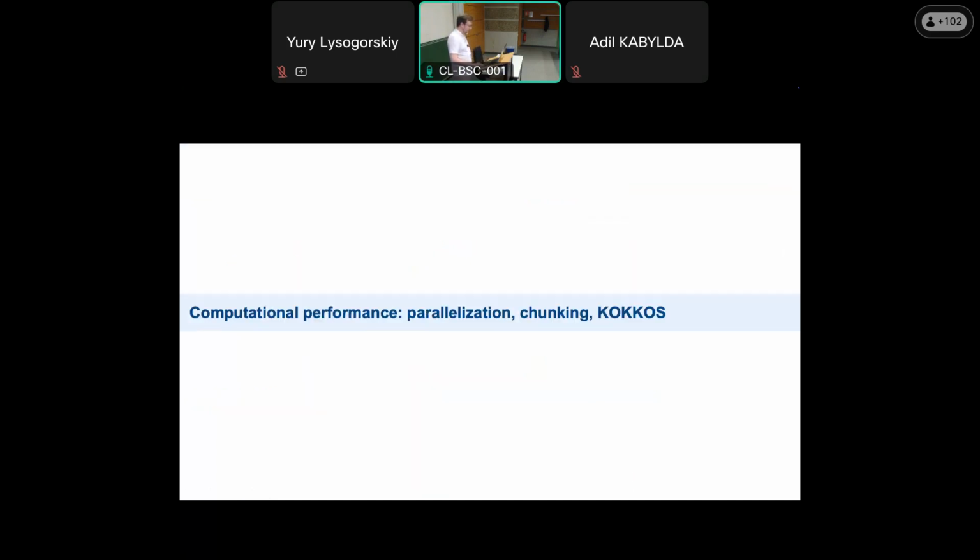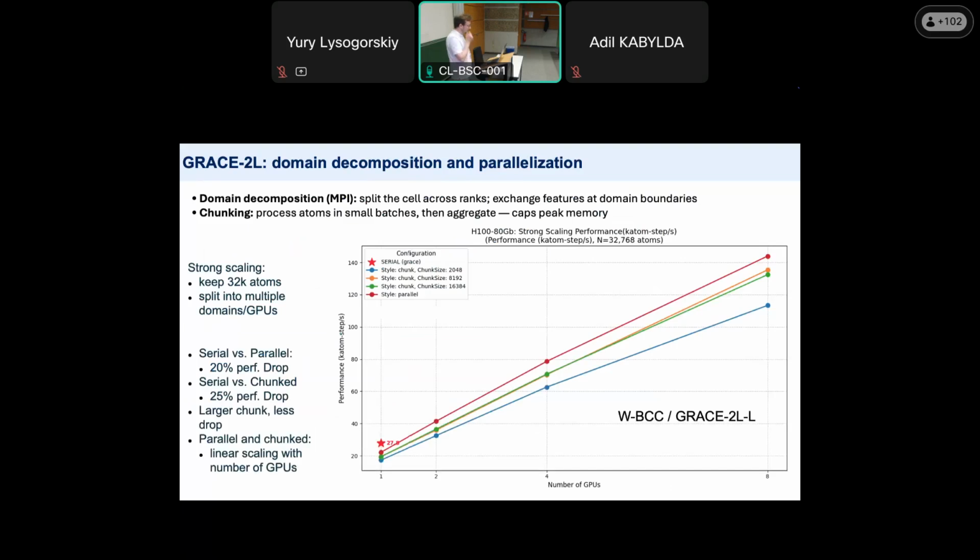All right, now I would like to speak a little bit about the computational performance, because we always keep it in mind once we develop our PACE and Grace models. In order to have the possibility to use these accurate but moderately expensive, for example, Grace two-layer models, we need to be able to parallelize them, for example, with the so-called domain decomposition method, which is the default one in LAMMPS, where we have this implemented.